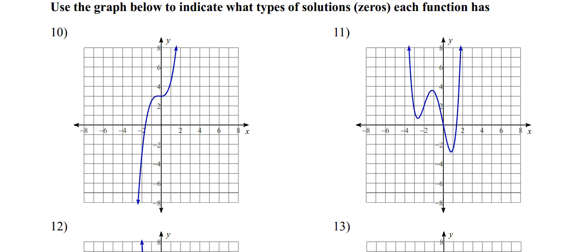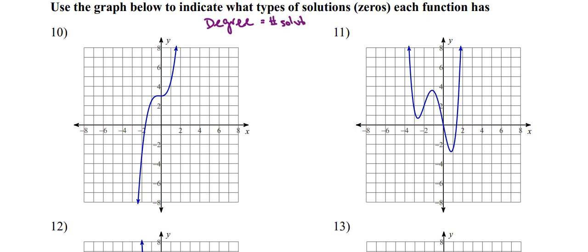All right, next we talk about what kind of zeros a function has, and basically there's two categories. You can have a real zero, you can have a non-real or imaginary zero. But we also have to know how many zeros a function has. So if we know the degree, this is the fundamental theorem of algebra, whether it is x to the third, x squared, x to the ninth, whatever, that's going to tell us the number of